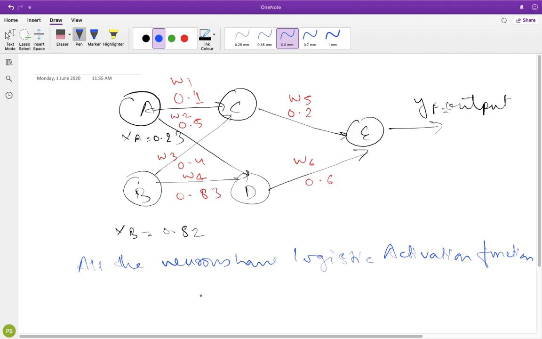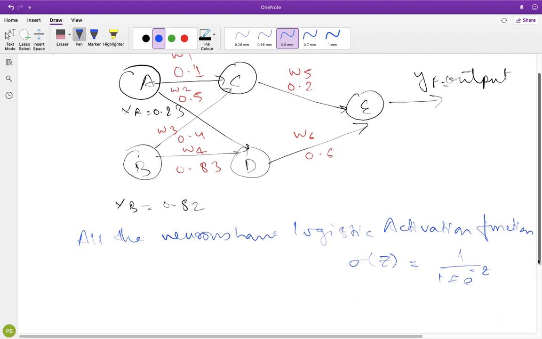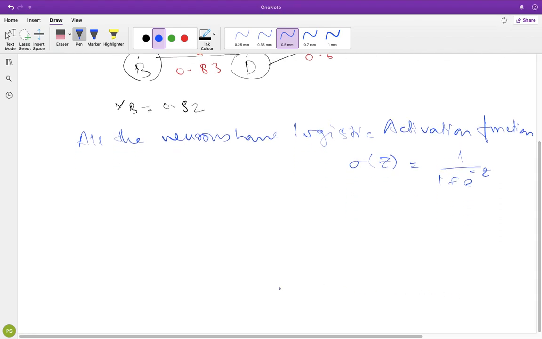So we begin our calculation by first telling you what the logistic activation function is. This is defined as sigma of z equals 1 upon e to the power minus of z. So we shall start the computation by